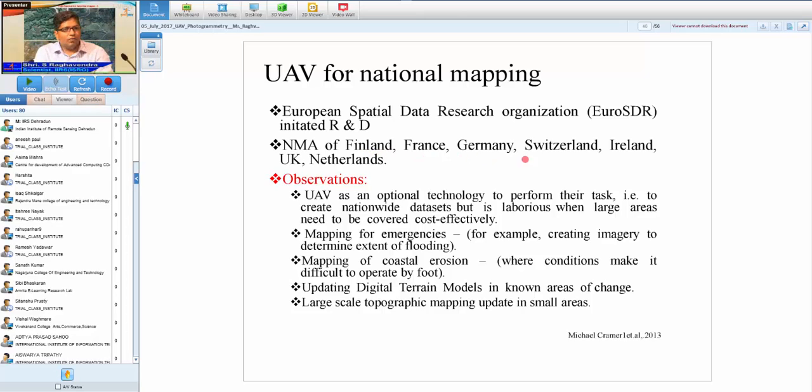So this was the work by national mapping agencies of Finland, France, Germany, Switzerland, Ireland, UK and Netherlands. And these are some of the observations that they have published in this paper. So what they feel is that UAV is an optional technology to perform this task, basically to create the nationwide database. And they feel that mapping really can be done only in case of emergencies and for a